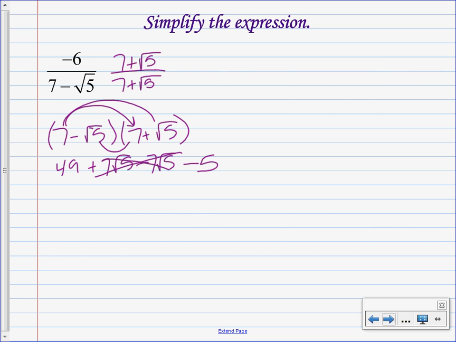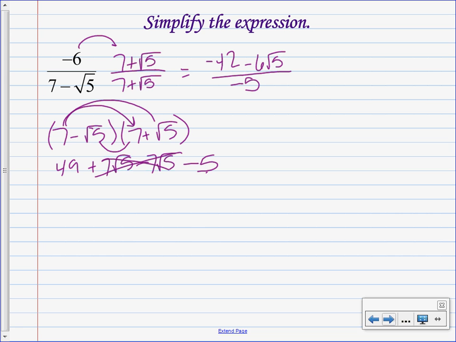And that's why we do the opposite signs, because that takes care of all my square roots. Okay? So that's my denominator. My numerator, I need to multiply negative 6 times positive 7, sorry. Negative 42, and then negative 6 times the square root of 5. Good. All over